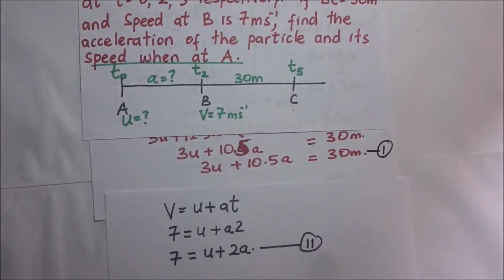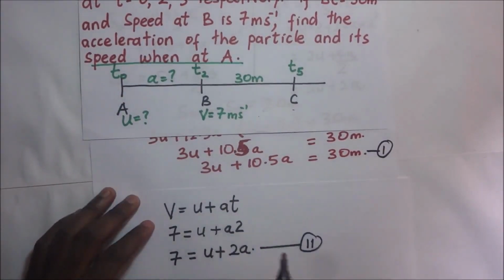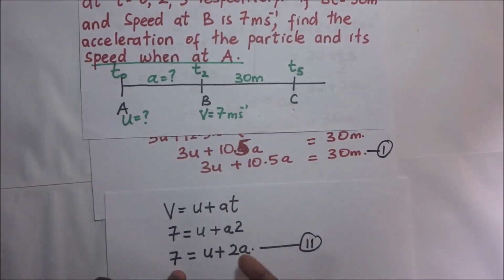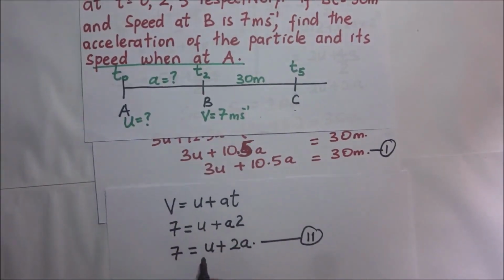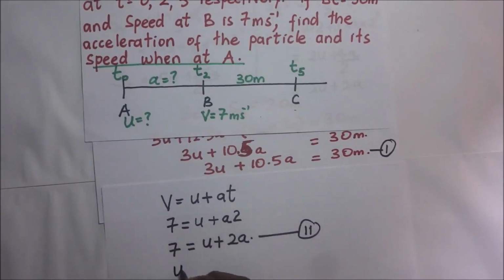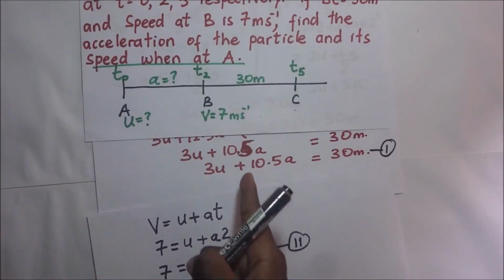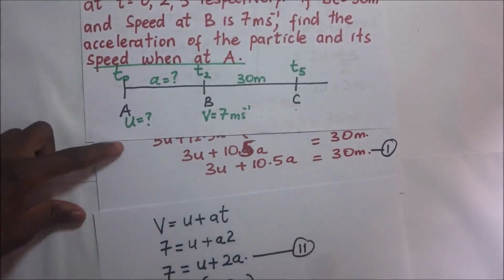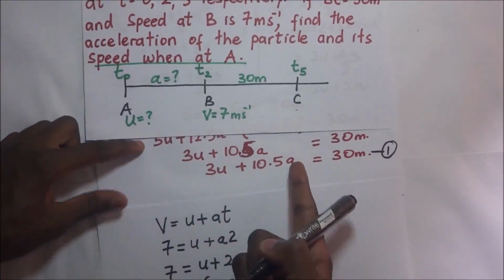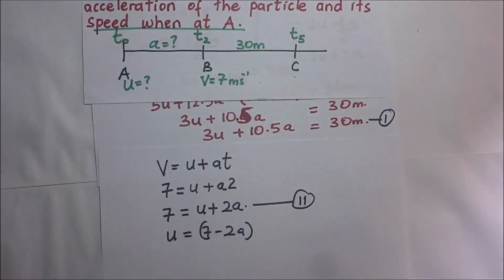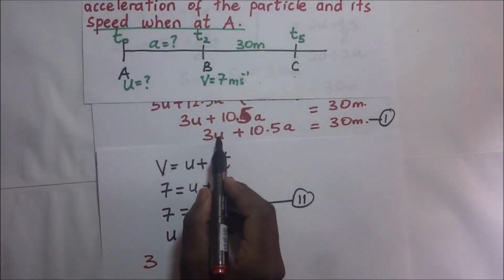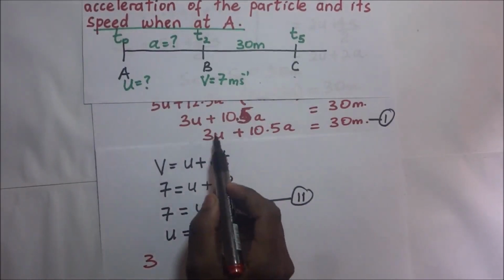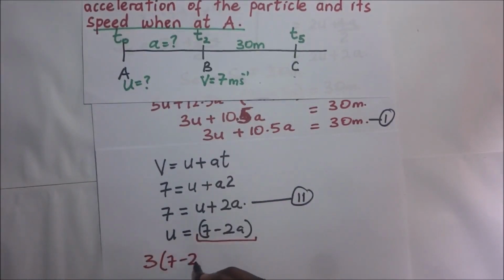So it means that from these two equations, we solve them simultaneously and get the value of A. Of course, we make U the subject of the formula here, and we substitute the U into there. So if we make U the subject of the formula here, you'll find that U will be equal to 7 minus 2A. So we substitute for this value of U and put it right here. And when we put it right there, we're able to get the value of U and then finally the value of A. So right here, it will become 3 times U. Now the value of U is this one here. So 3 times U, which is 7 minus 2A